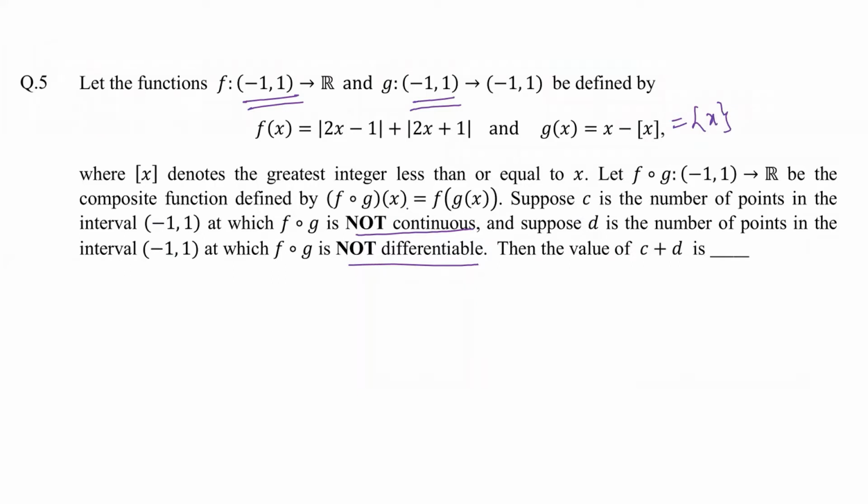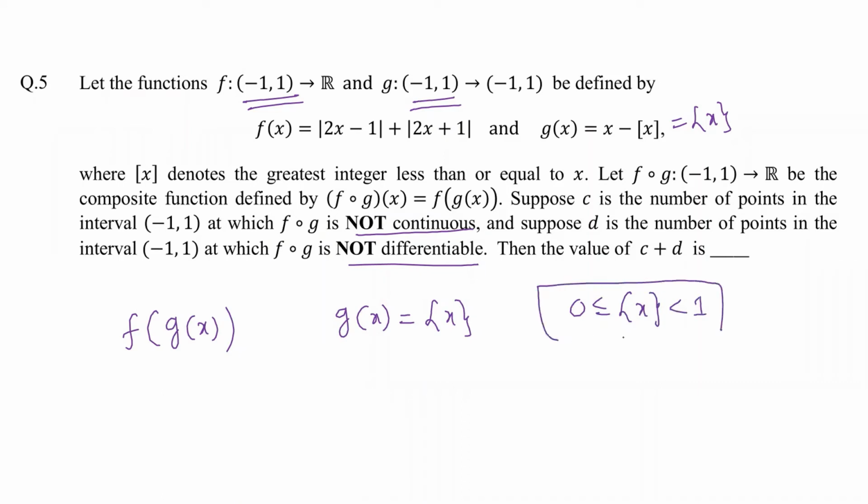So first, let's make f(g(x)), then we are going to do the interpretation, right? When we want to write f(g(x)) here, a few things we have to keep in mind, as g(x) is going to be the fractional part of x, and we know some properties of the fractional part of x. The value of the fractional part of x is always between 0 and 1. And again, we are solving the question only between -1 and 1, right? And we know the graph of the fractional part of x between -1 and 1.